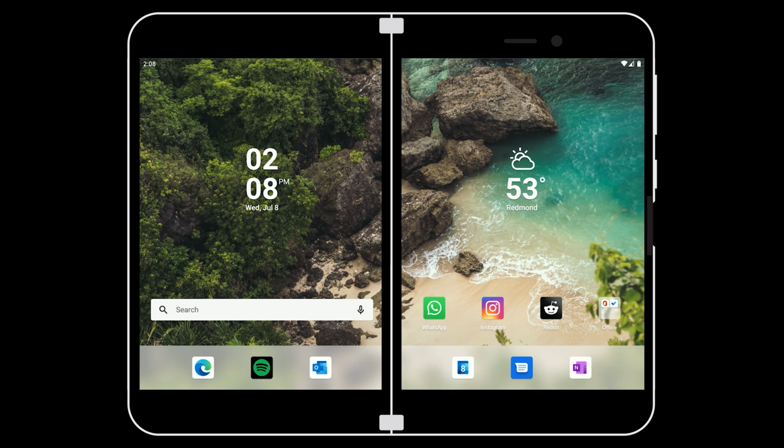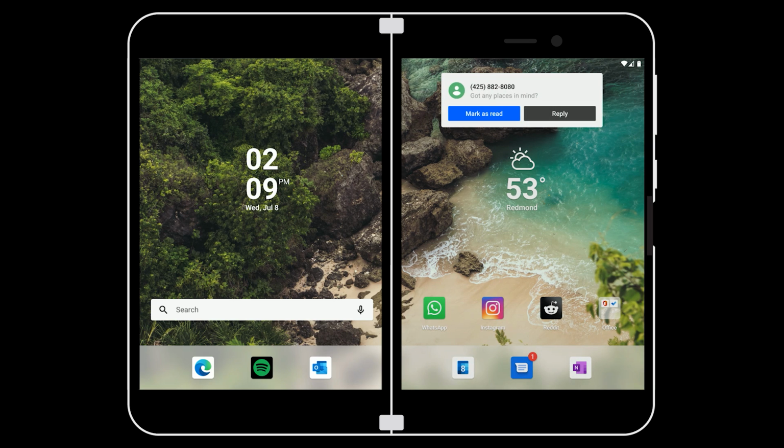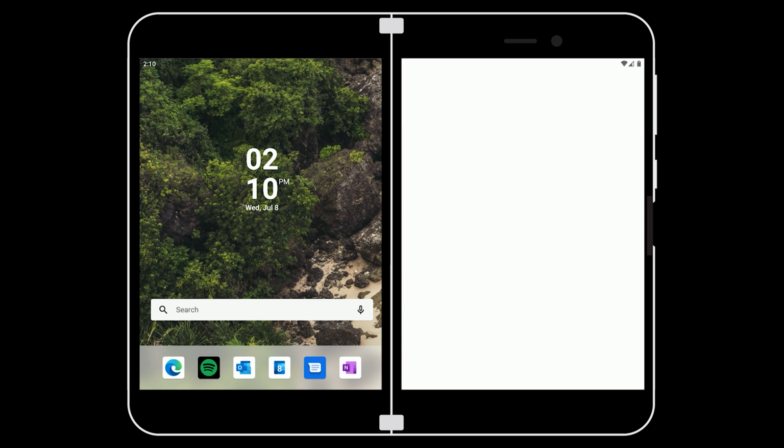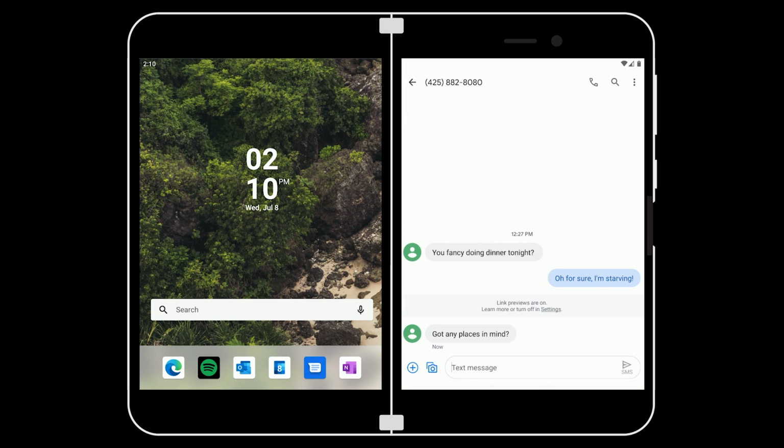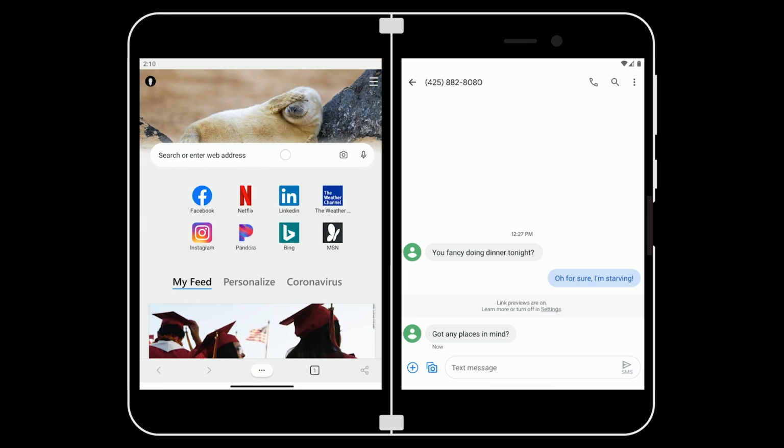So the beauty of having dual screens is that it allows you to do 2 things at once. On a single screen phone, if I want to go into another app, I have to close the current app I'm in. But on Surface Duo, that's not the case. So I can be having a conversation with a friend on one screen and looking at information on another screen. So right now my friend's asking me for places in mind in regards to looking for a restaurant this evening. So I can just open up Microsoft Edge on the left display here, look for